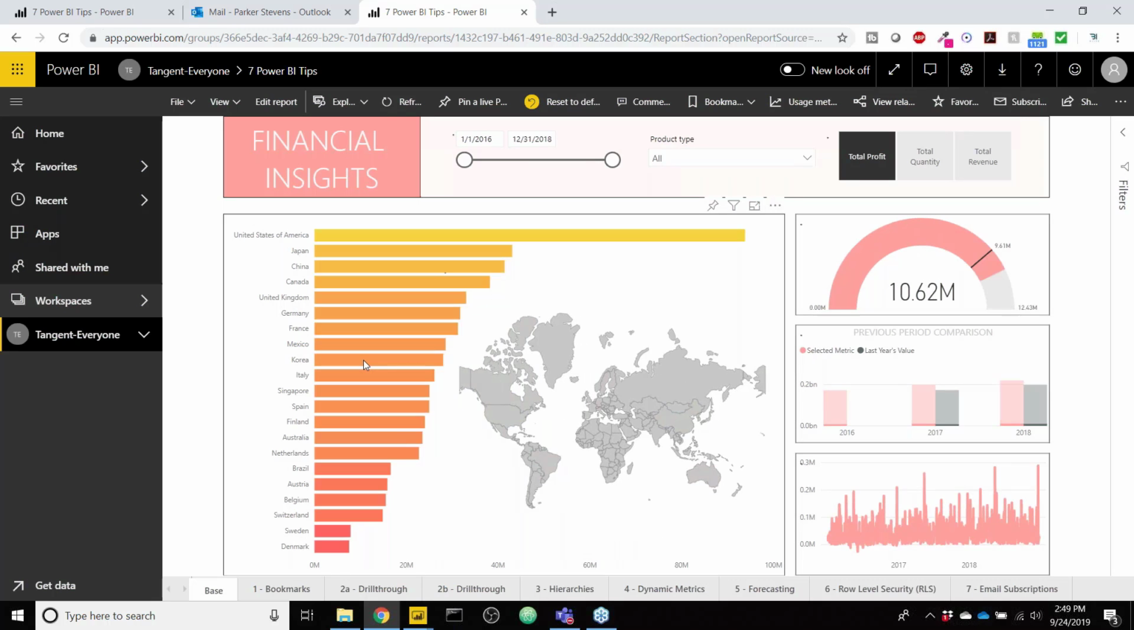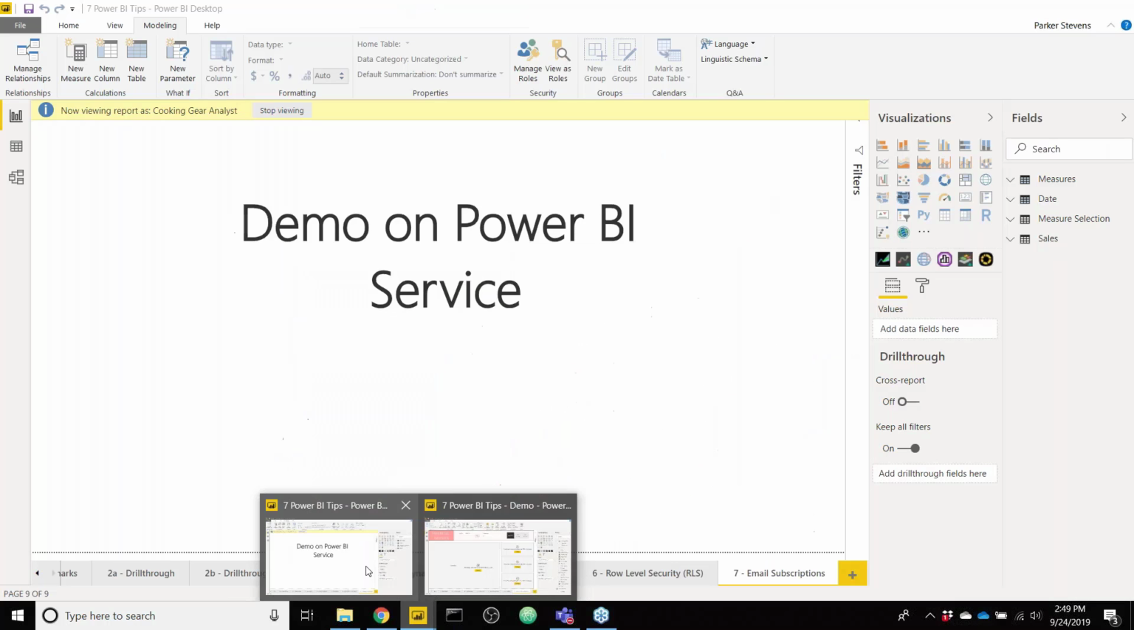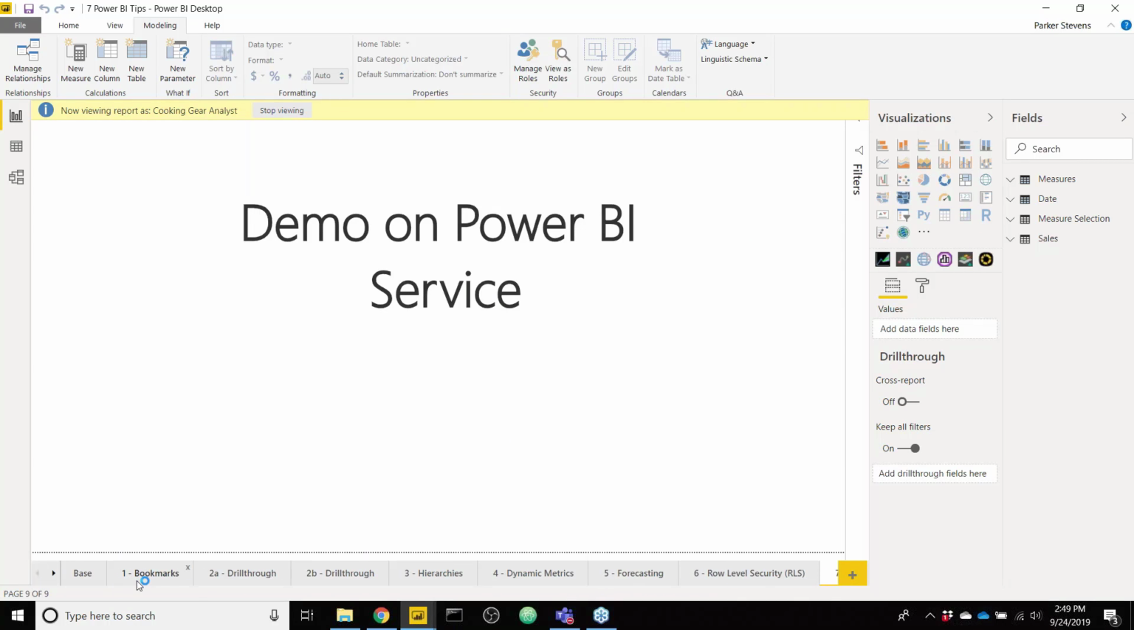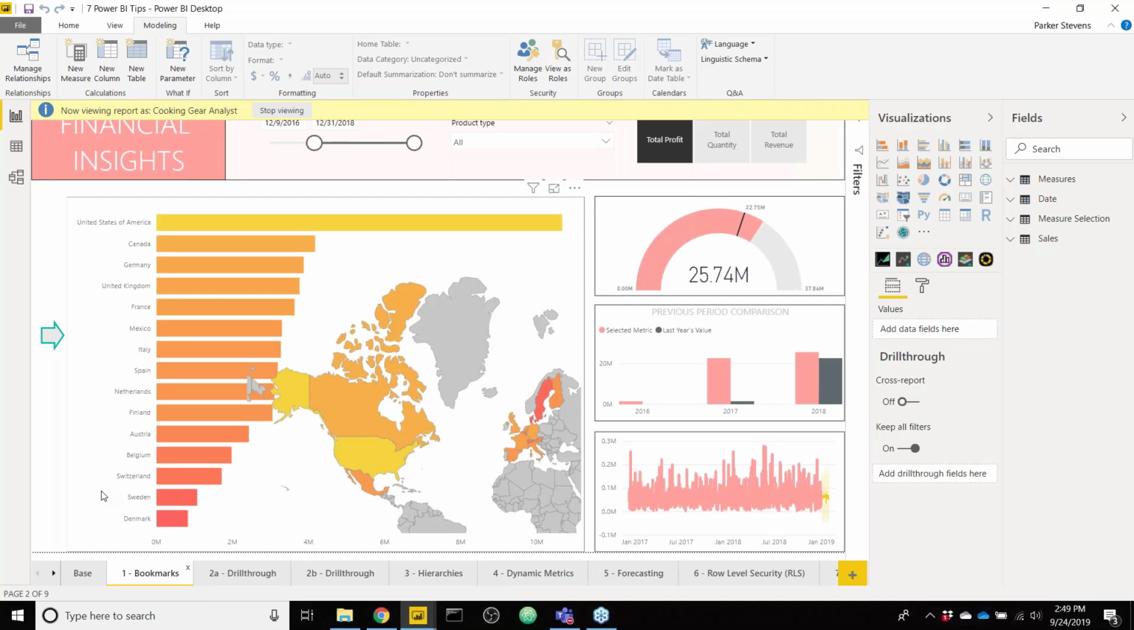So with that, that rounds up our 7 Power BI tips and tricks that you should definitely add to your reports to give Power BI more functionality and extend some of the basic uses of Power BI. I hope